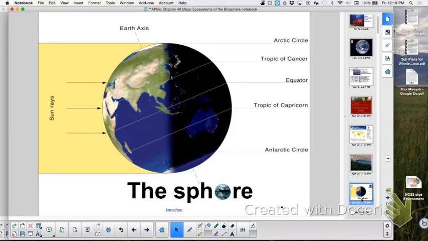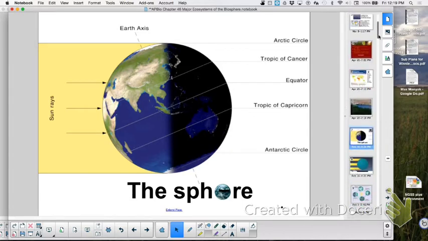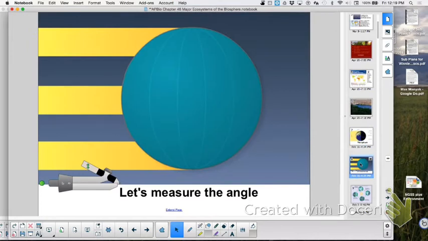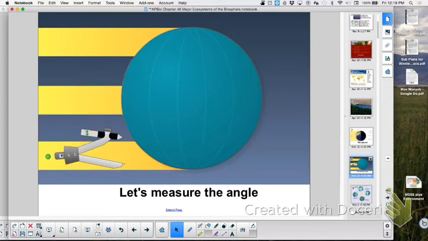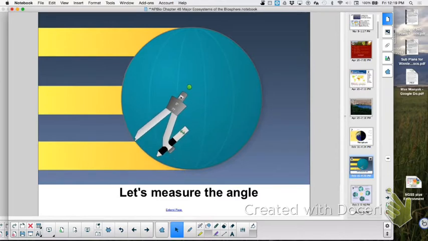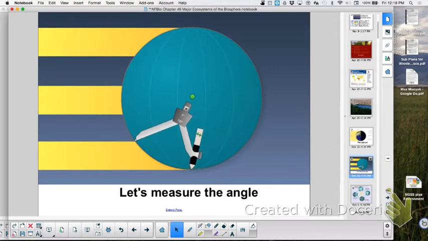And so yes, the whole side is lit up. On one side it's daytime, but when you look at how that energy is spread out, we looked at the same amount of energy in this area, and we can compare the amount of energy in one area. It's the same amount of energy in all those areas, but it's spread out over a much larger range of the Earth. And so as a result, there's less overall energy as you go towards the poles because there's more area sharing it. So that's one thing. So that's why it's colder at the poles.